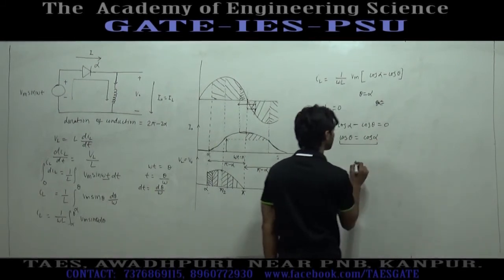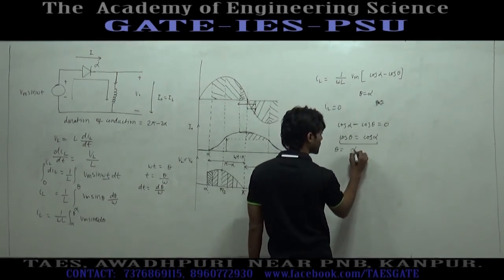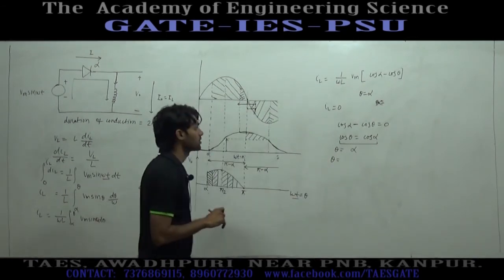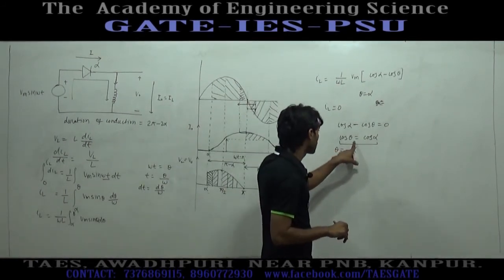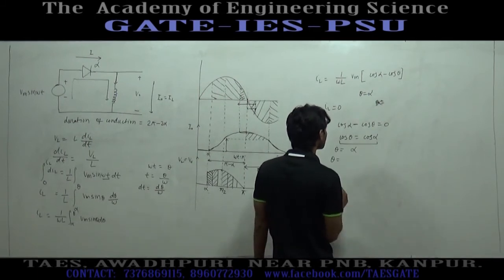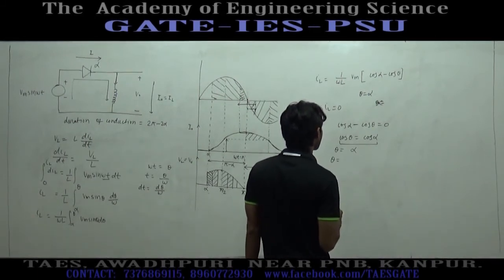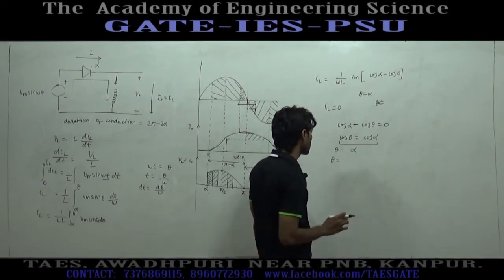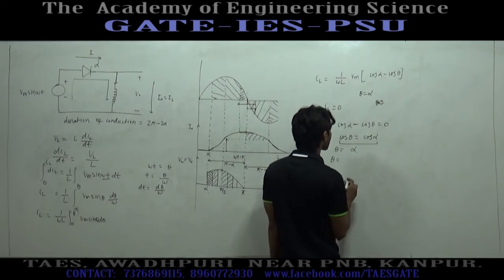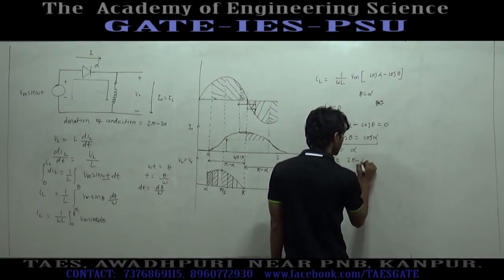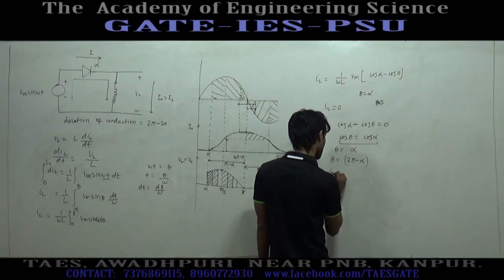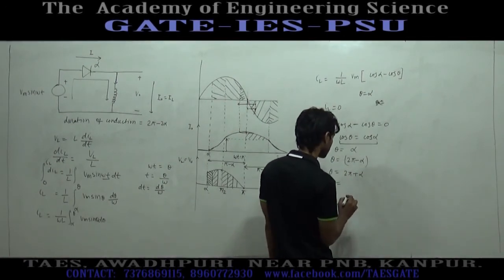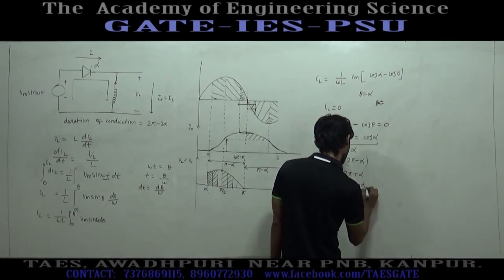If we solve this equation for theta, the first solution is theta equal to alpha. With cos theta equal to cos alpha, the first solution is theta equal to alpha, the second solution is theta equal to 2 pi minus alpha, the third solution is theta equal to 2 pi plus alpha, and the fourth solution is 4 pi minus alpha.